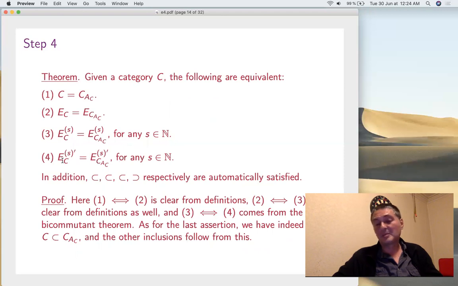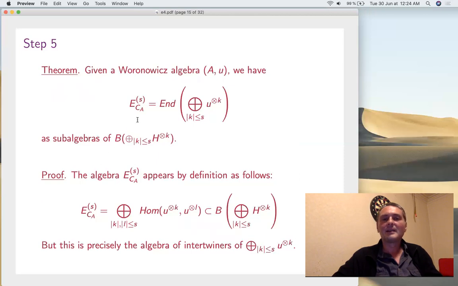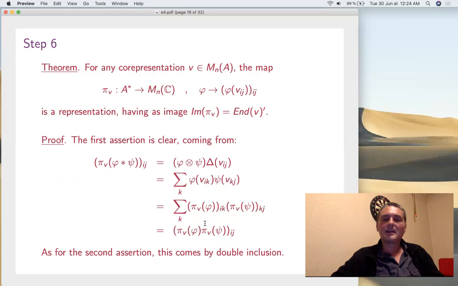So at left we have something abstract, depending on C, we don't know, but at right, A here is the Woronowicz algebra. So let's try to compute this commutant for a Woronowicz algebra. And well, first we must compute this E thing, I mean the sum of all of them. Of course, you get the N space of U_K. That's not a problem, it's by definition. Now let's compute the commutant, and for the commutant, we use this very simple lemma.